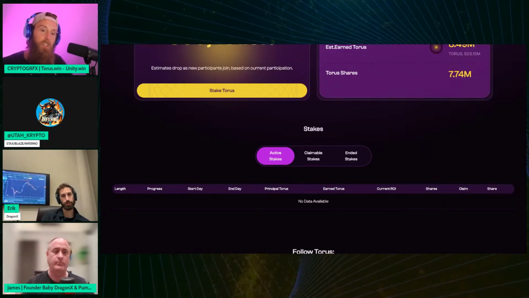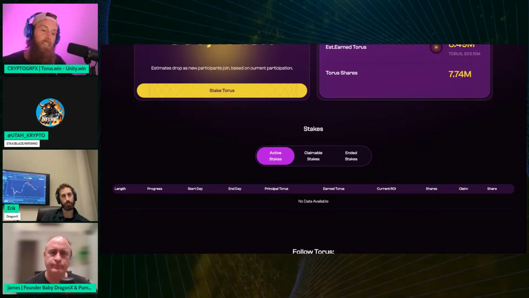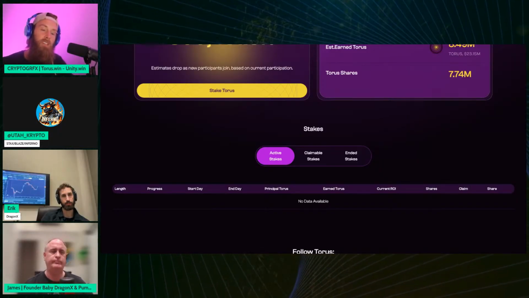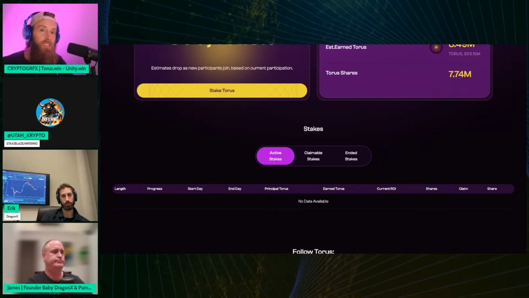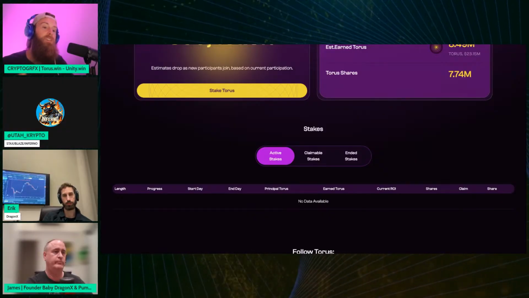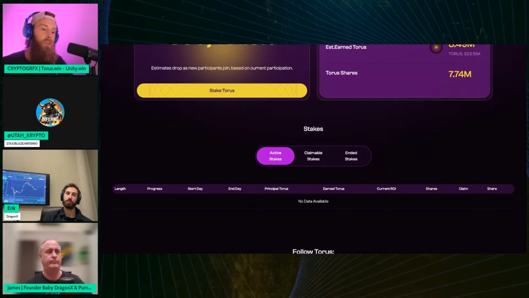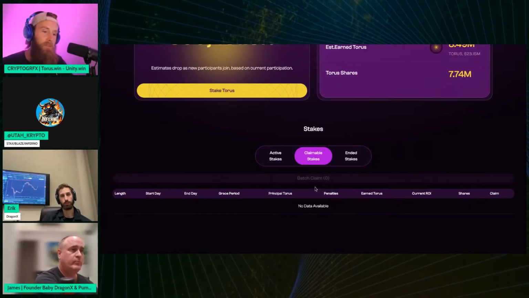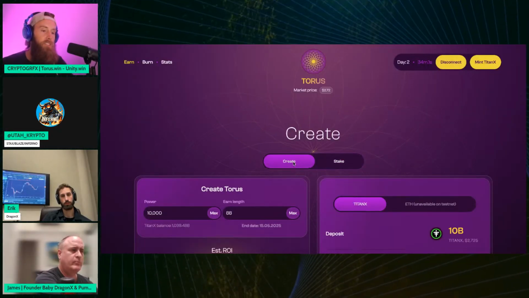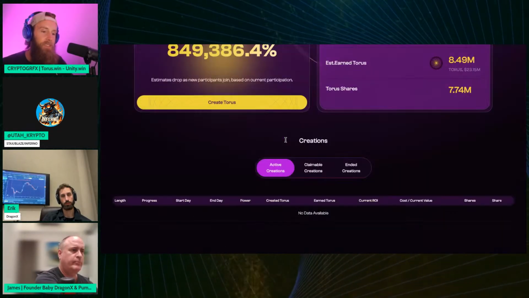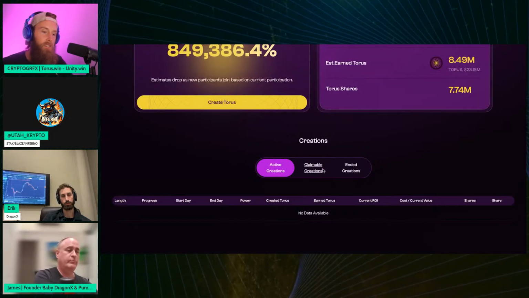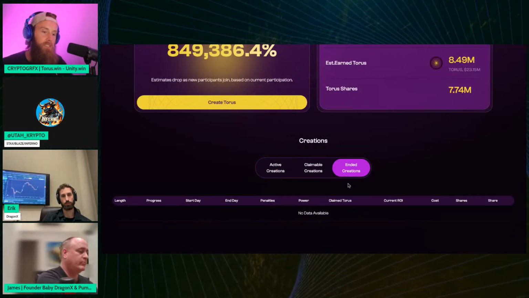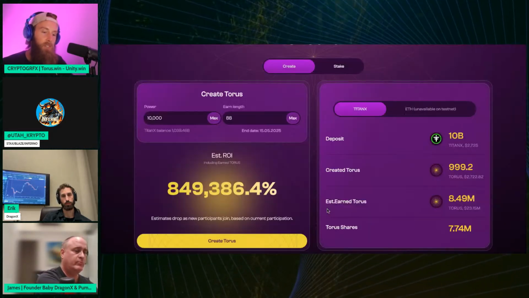And everything is made to be plain and simple. Your penalties are going to be shown if you have a stake that you're early ending. It will show you the penalties that you are going to take before you end the stake, so you know exactly what you're going to receive in principal, exactly what you're going to receive from what you've earned, and so on and so forth. It's really that simple. There's a batch claim button, and if we go to the creation side, it's the exact same thing. You can share. There's the claimable creations, ended creations, and you're going to have the contract address down here,